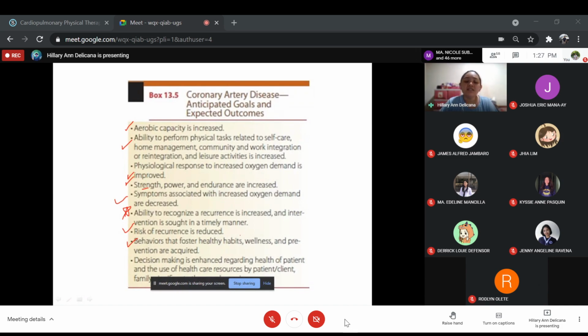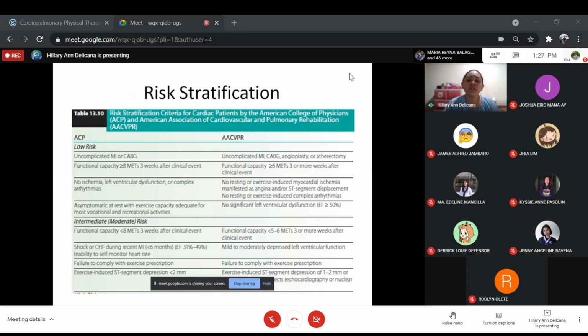Okay? Next is decision-making is enhanced regarding health of patient and the use of healthcare resources by patient, client, family, and other significant others. Okay? So let's see, no,